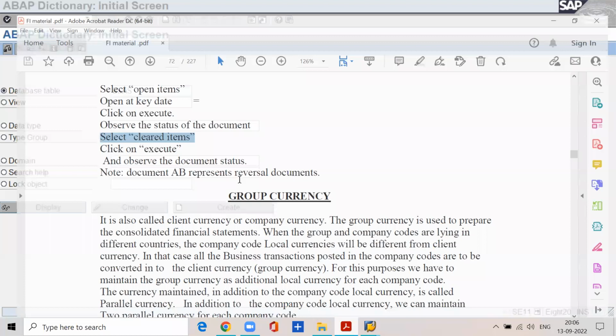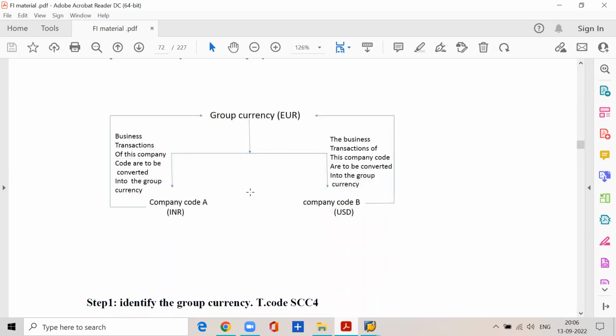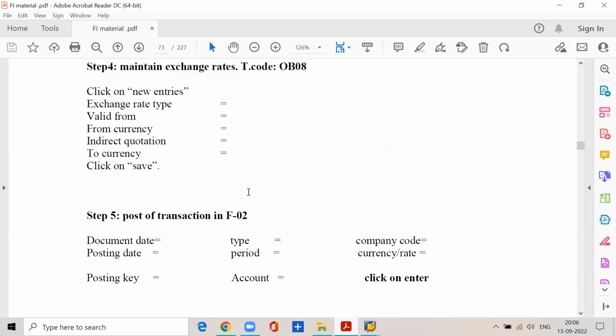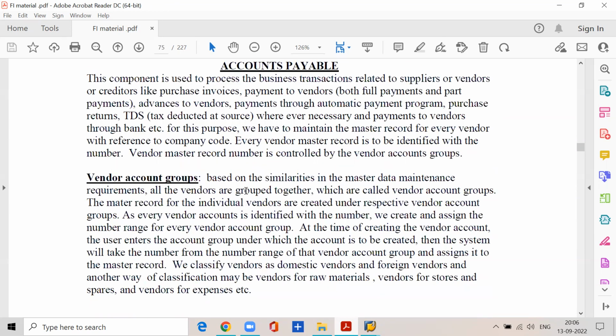Now we have the group currency. This group currency we will see after the accounts receivable module, right? For the time being, I am keeping this group currency pending. After accounts receivable, we will come back and see the group currency. Now we have to start accounts payable, but before starting accounts payable,